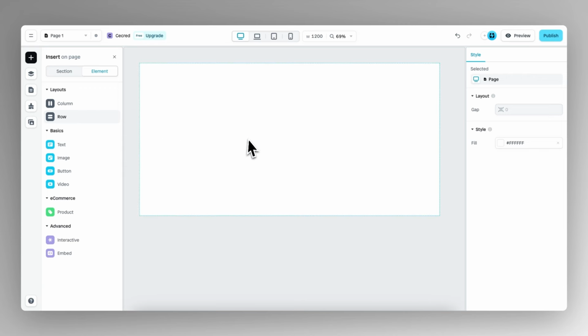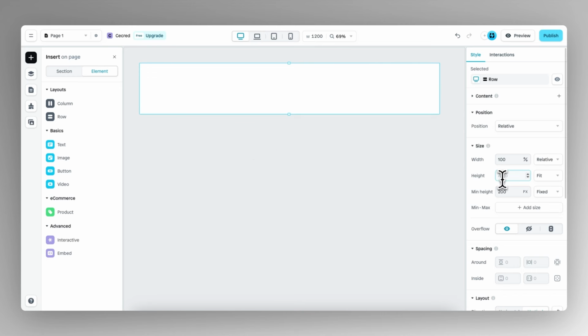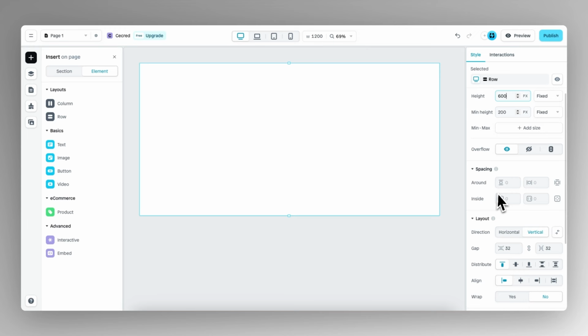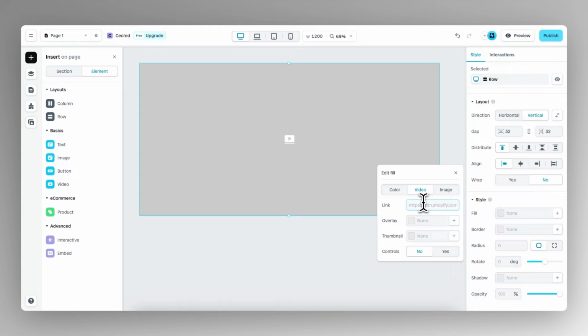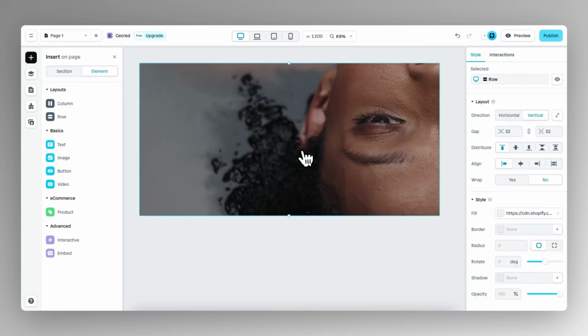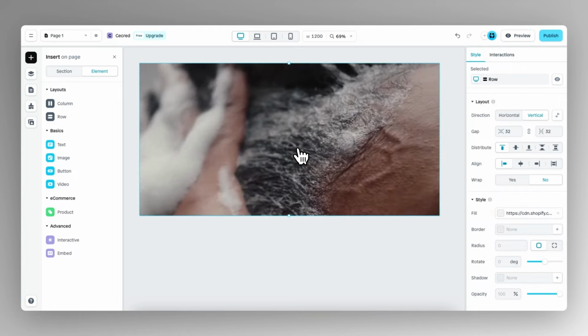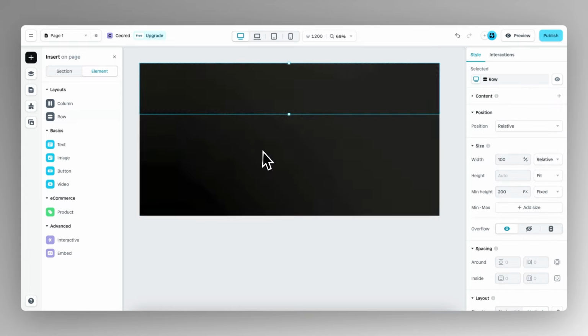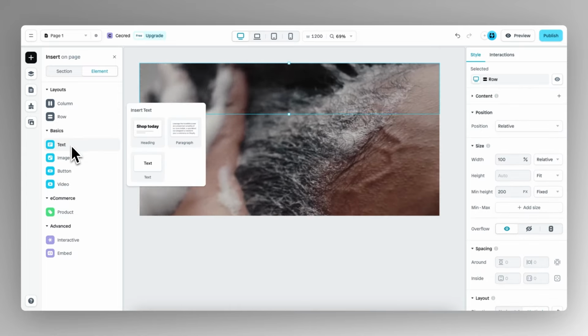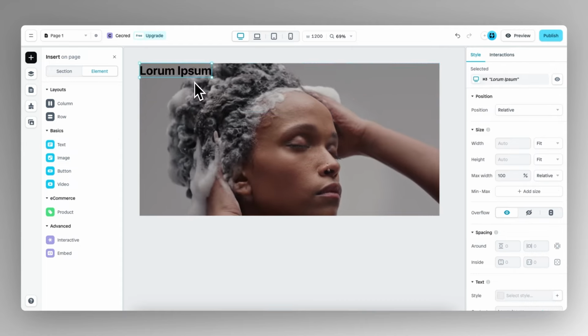So let's drag in our base row, set the height to 600 pixels, fixed height, and then we can change the fill to a color, an image, but also a video. So let's paste in the link, and here we have the background video. On top of this video, we want a text element and a button. So we drag in another row, and then within this row, we drag a text element, there we go,